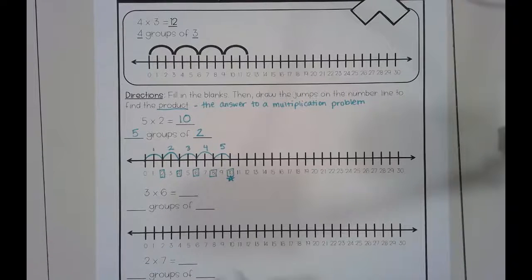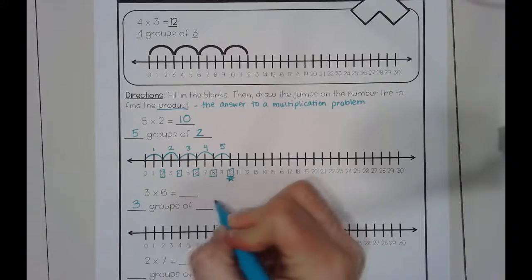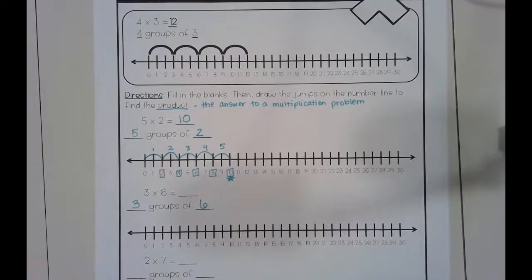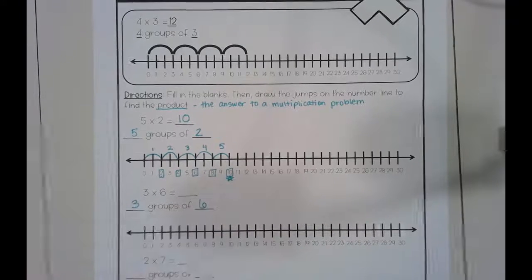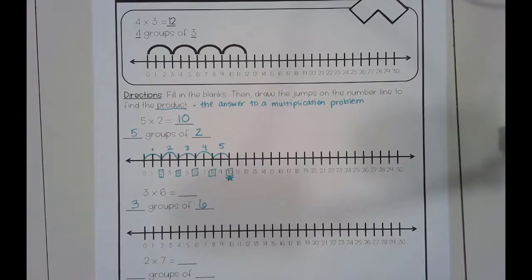Okay, hopefully you filled in 3 groups of 6 because 3 times 6 is 3 groups of 6. That means that I'm counting by 6 3 times because there are 3 groups of 6s. So on my number line, I always start at 0 and I would go to 6